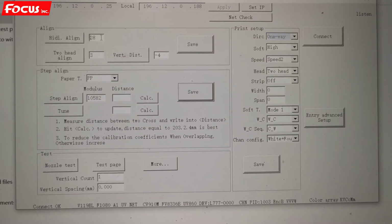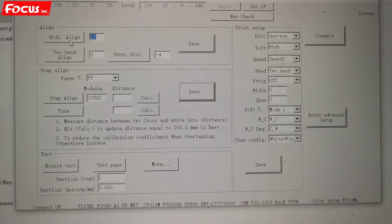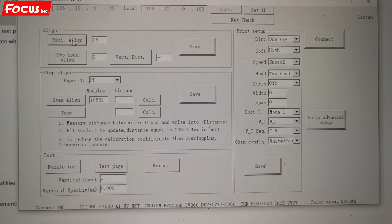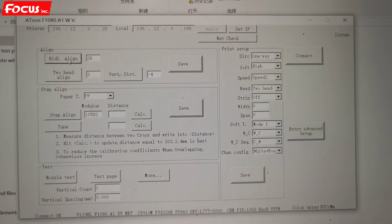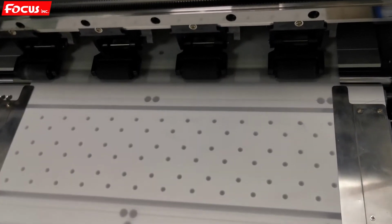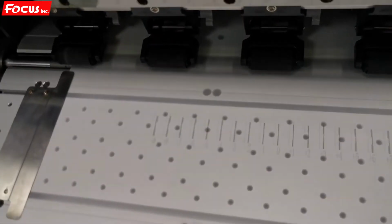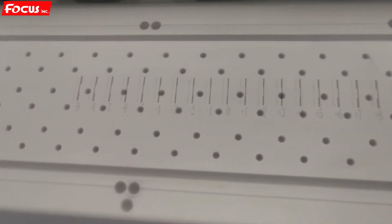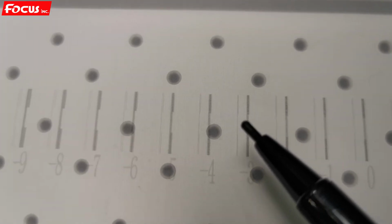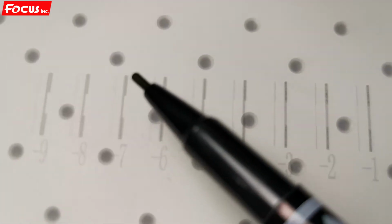Right now the number is 28. So first we click print, click here directory, then we start to print the directory. Now it's written to the board, and then the printer starts to print the bidirection parameter picture. From here we can see some lines printed out, and we also look at the bottom and the top